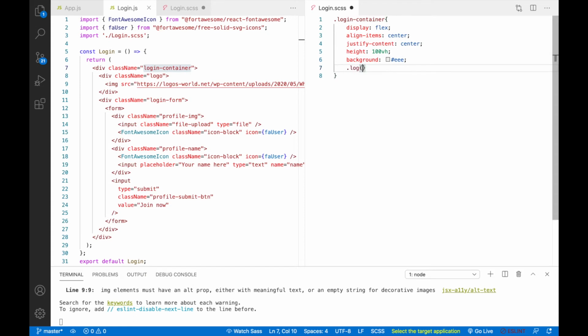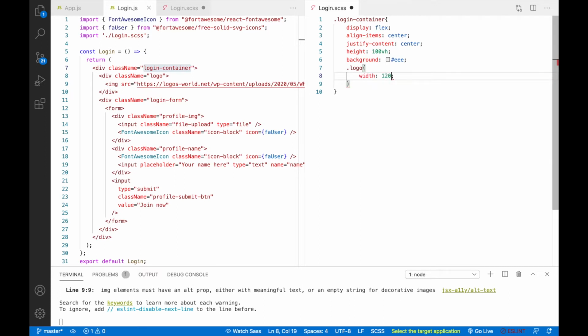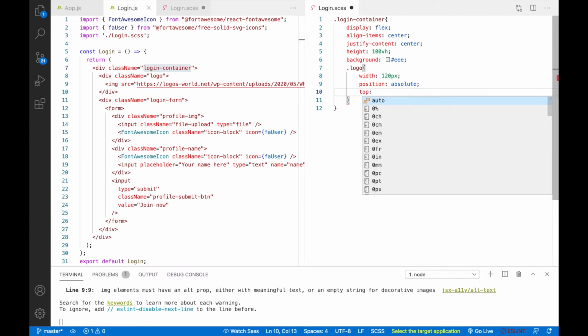Now we'll style the logo. So for the logo, width will be 120 px, and the position will be absolute. Top, this will be 15 px, right will be 0.